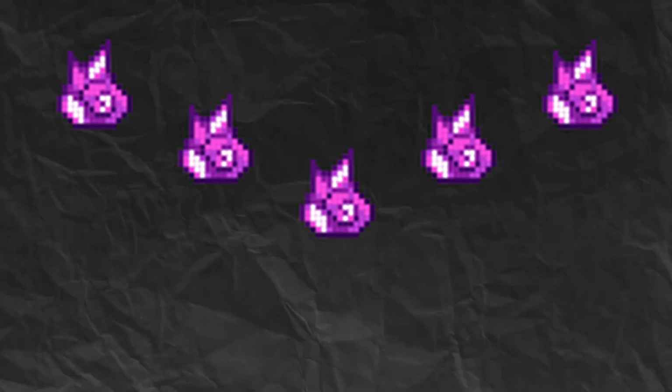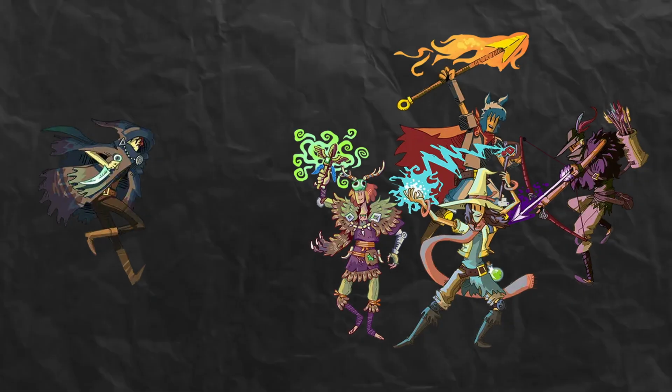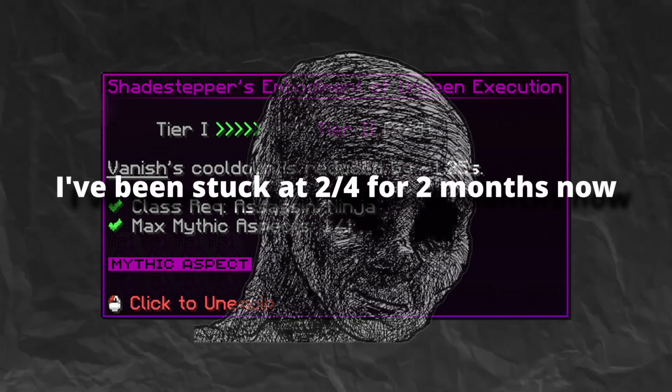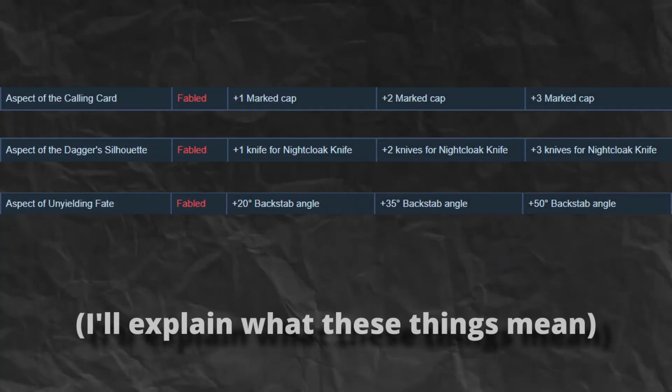If you're unaware, aspects are items that you can get from raids that modify certain abilities in the tree, and Shadestepper received the strongest ones by far. Although the only one that is absolutely required is the tier 1 mythic aspect, having the other ones makes a pretty big difference in terms of both damage and quality of life. And I'll make sure to cover those as we go. But the most important buff actually came in the form of a new node that would completely change the way Shade is played. However, before we get to that, it's important to understand the rest of Shade's kit and how it stacks up, starting with